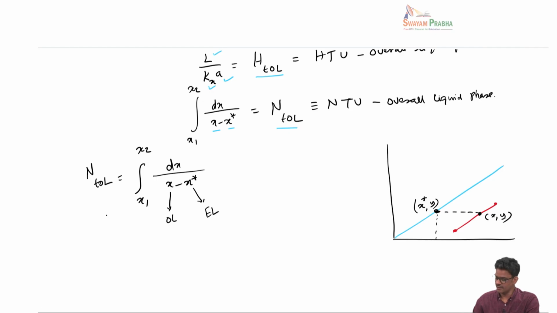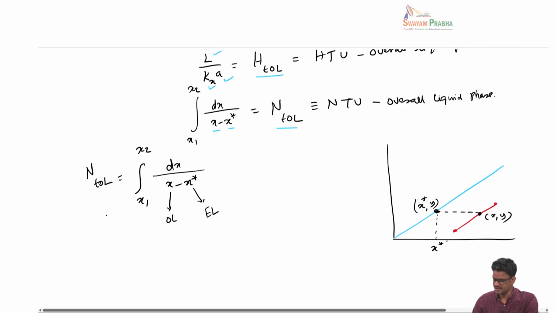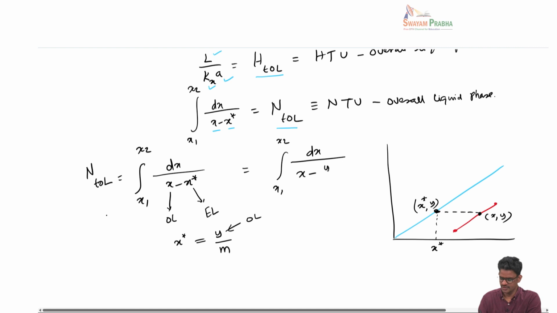Okay, so if I use y along this equilibrium line, the corresponding one is the x star. What I mean by that is x star can now be written in terms of the equilibrium line, which is y by m. Why is this important? Because this y is coming from again the operating line. So this can be written as the integral from x1 to x2 of dx by x minus y by m, in which case